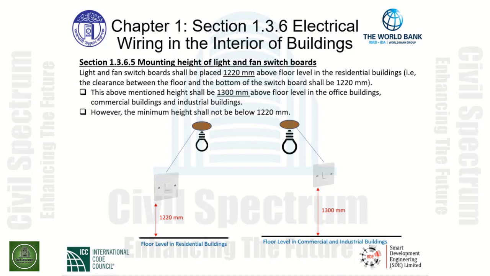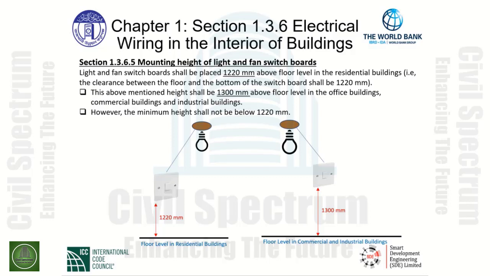In other words, the clearance between the floor and the bottom of the switchboard shall be 1,220 millimeters. This above-mentioned height shall be 1,300 millimeters above the floor in the office buildings, commercial buildings, and industrial buildings. However, the minimum height shall not be below